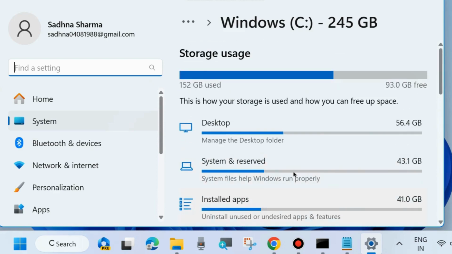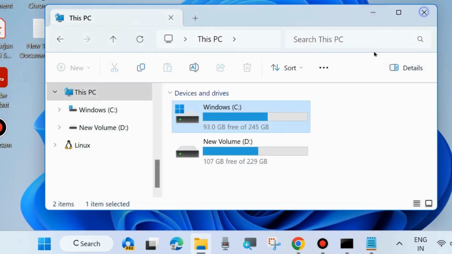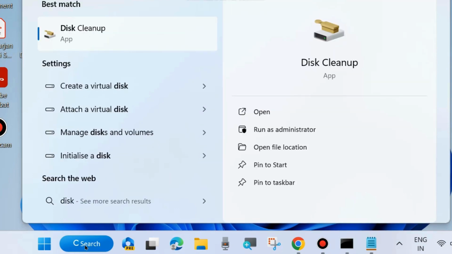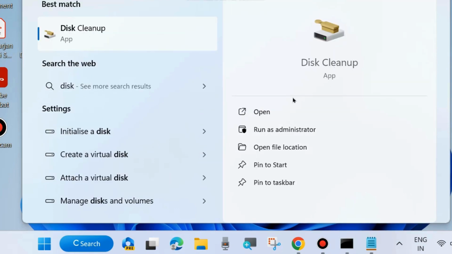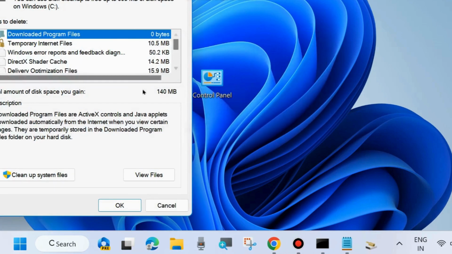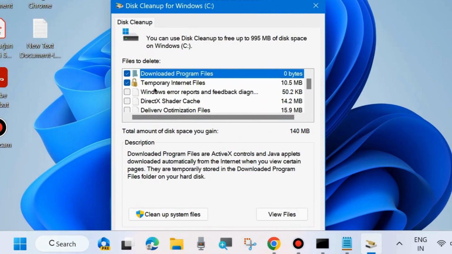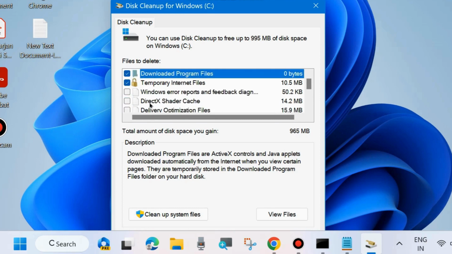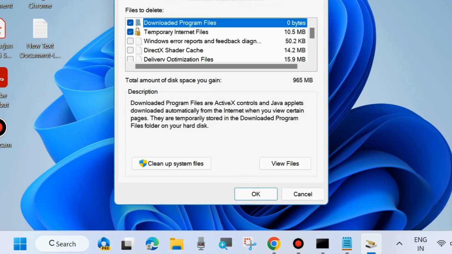After that, close the window and go to Windows search and type disk cleanup, and open the Disk Cleanup app on your system. Here choose drive C and press OK. This cleanup wizard will appear. Here tick the checkboxes against unnecessary temporary files, recycle bin and other folders, and you may also choose clean up system files